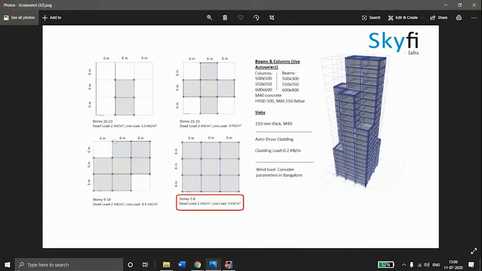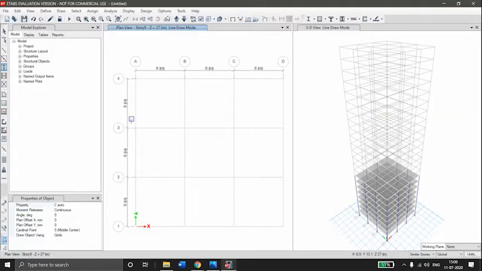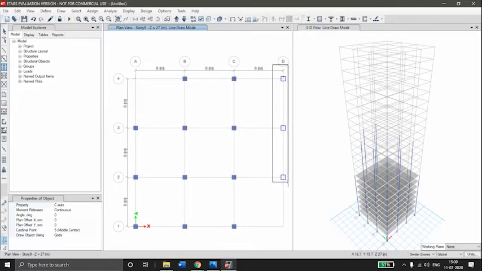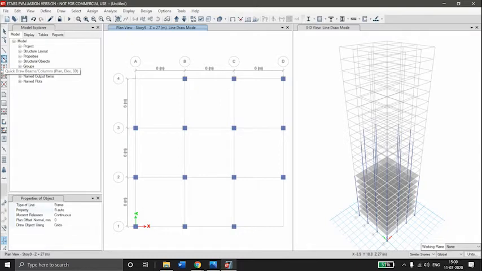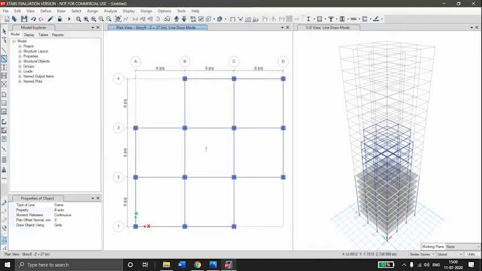As you can see, the plan of the 9 to 15 stories. We have to assign the columns according to that. Quick draw beams. Quick draw slabs.